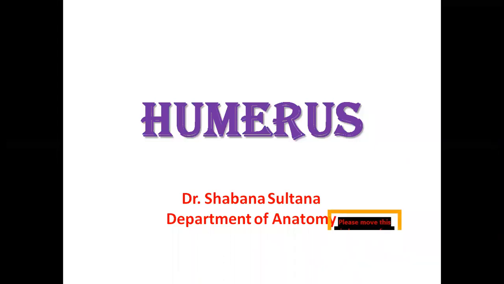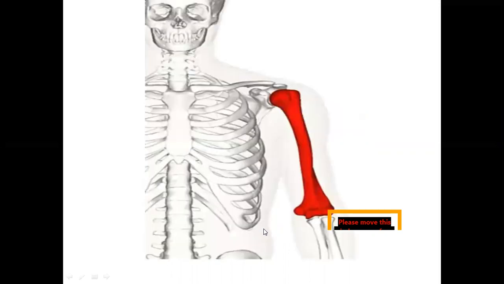We are going to discuss the next bone. We are done with clavicle, scapula, and now we are moving to humerus. So, where exactly is the humerus situated? Let us see. This is clavicle. We have seen scapula already, behind.